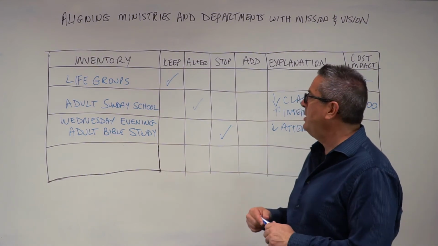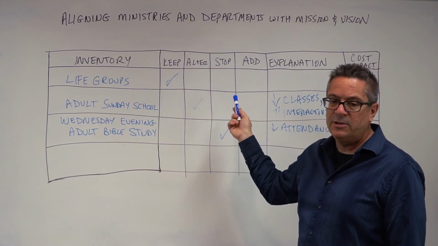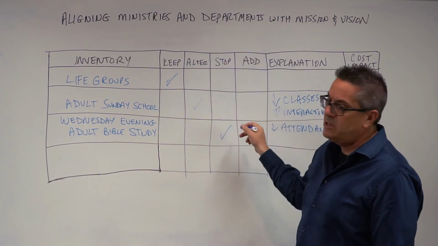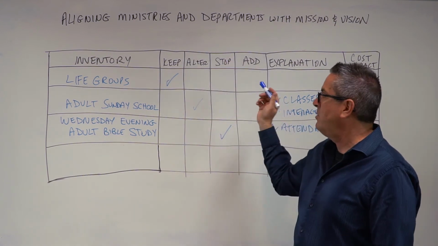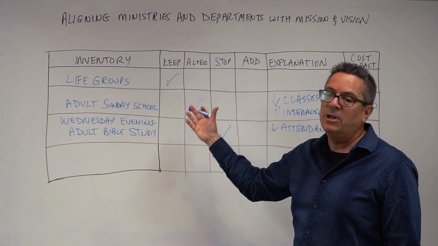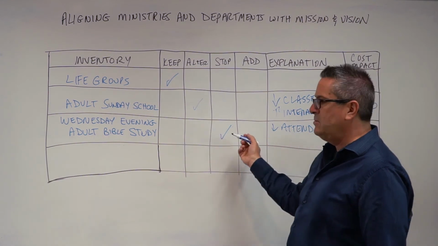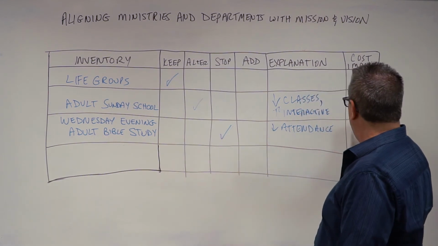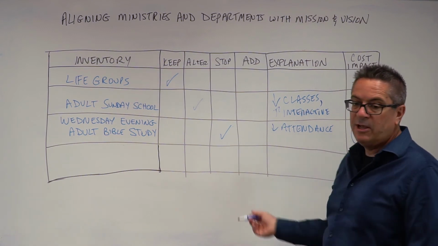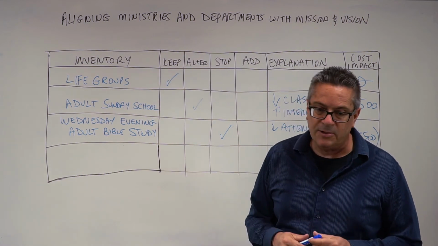And this is really hard. The hardest thing that I find churches have to do, leadership teams, when it comes to this sort of exercise, is the stopping. We're quick to want to add. We're reasonably okay with changing. We're certainly okay with keeping, but we're not so quick to stop. So here, because of the stoppage, we're going to save a little bit of money. So let's just say we're, for example, saving $500. So we want to try and quantify that because the budget matters too.